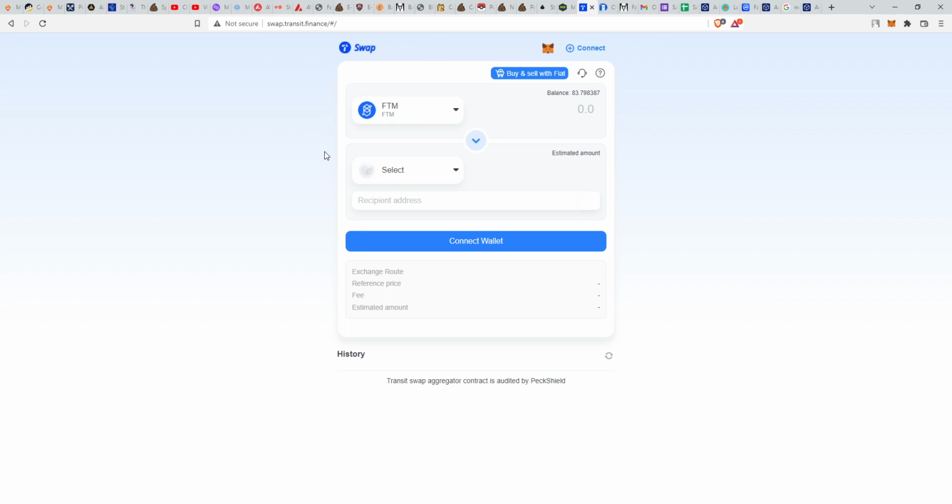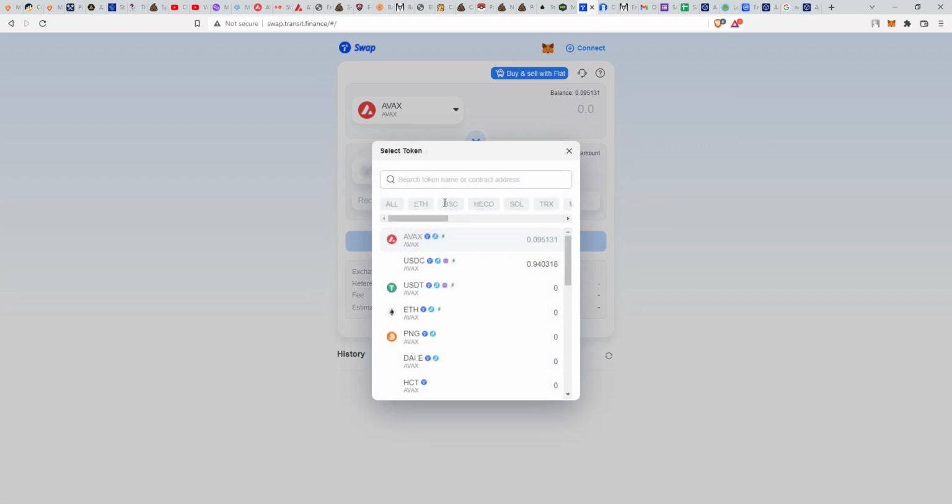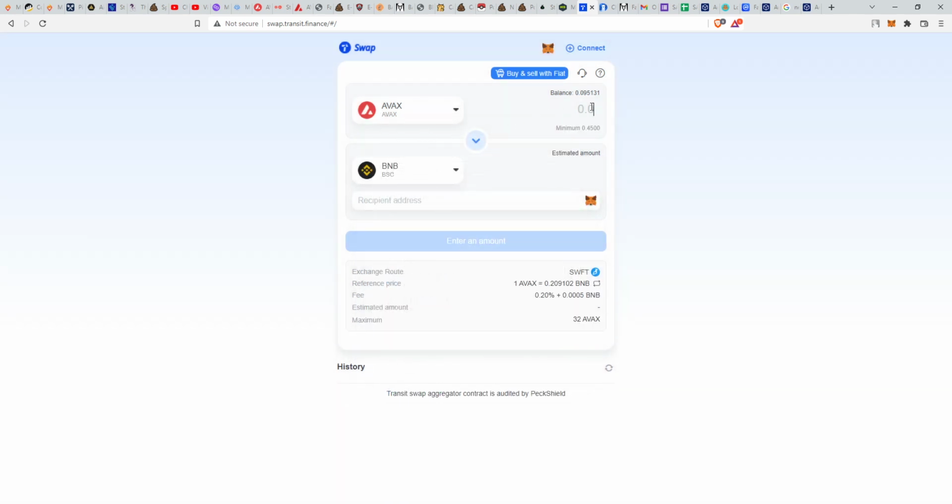This is a sort of multi-chain swap. Right now I'm connected; if you refresh, you'll connect to the chain that you are currently connected to on your MetaMask wallet. So right now I'm on AVAX, and I can go from AVAX to Binance Smart Chain. Let's say I want to go from AVAX to BNB. I will just need to set the amount, and it will show me how much BNB I will get for 1 AVAX. The fees here are not too high. I've tested it a lot of times,